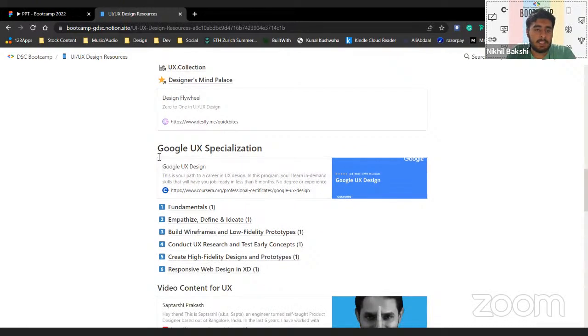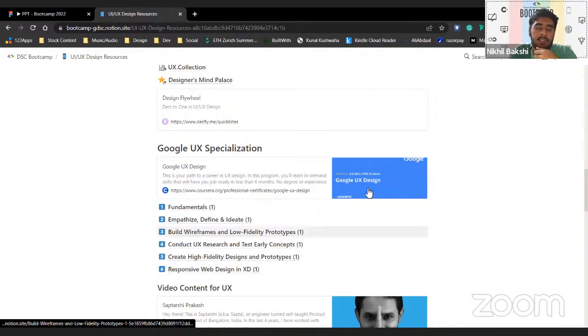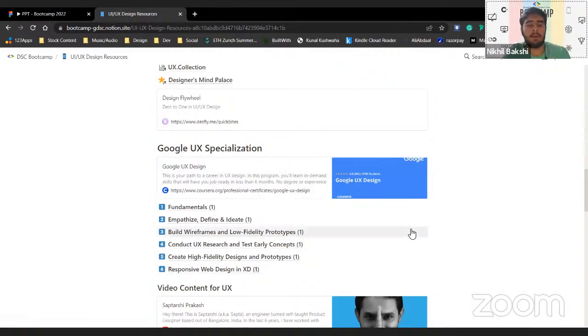Apart from that, this is the Google UX specialization which I myself went through. There are a total of 7 courses here, and you guys can take that also. This is a free course on Coursera. One thing which I would like you to keep in mind about this course is that this is really Google's perspective towards design. They will be teaching you how they are approaching design at